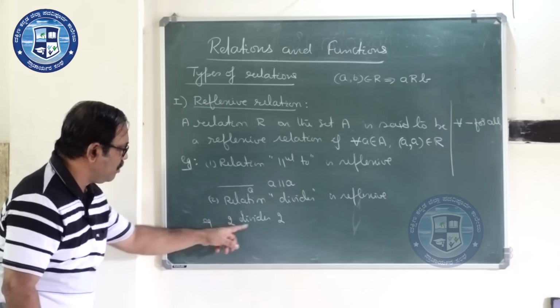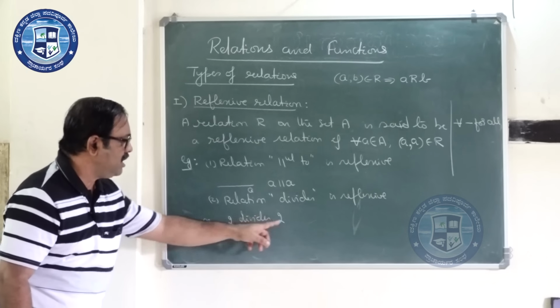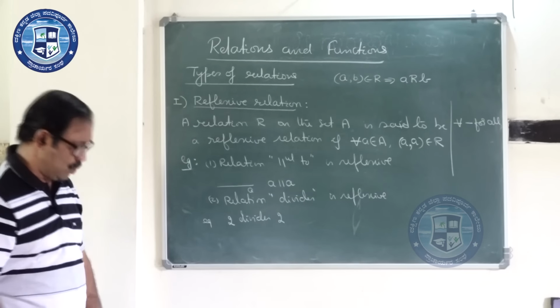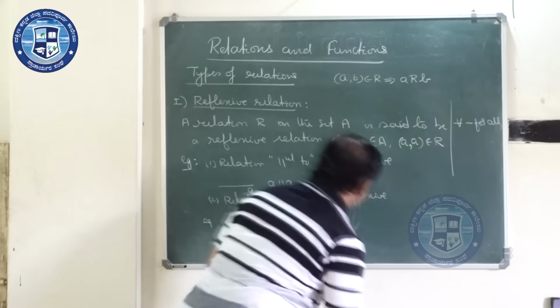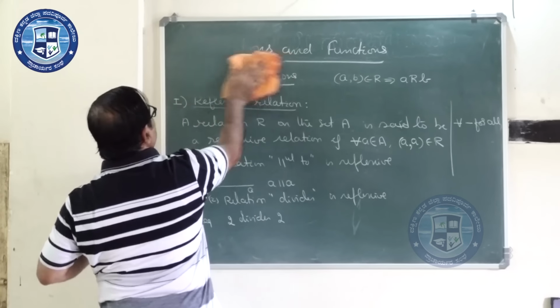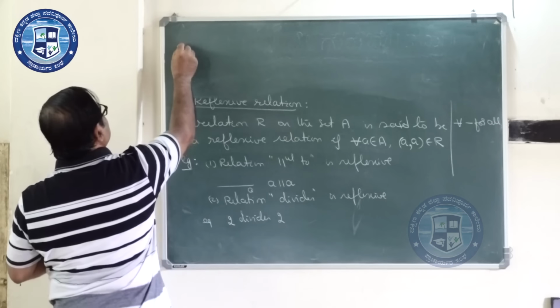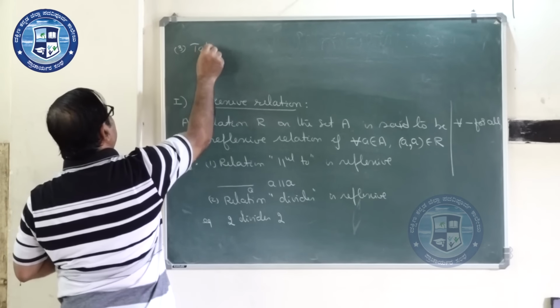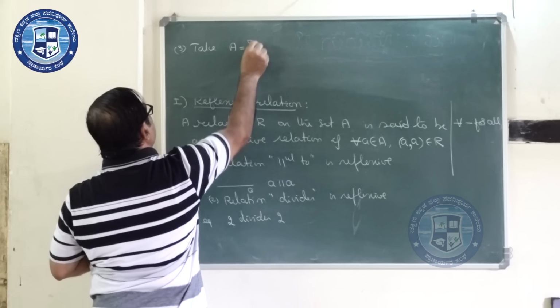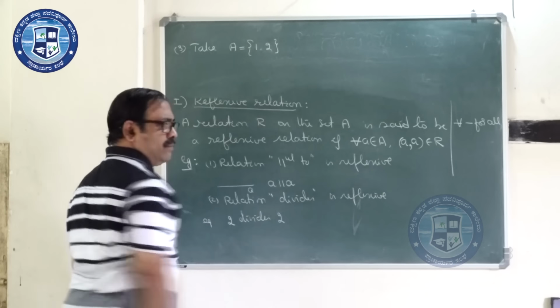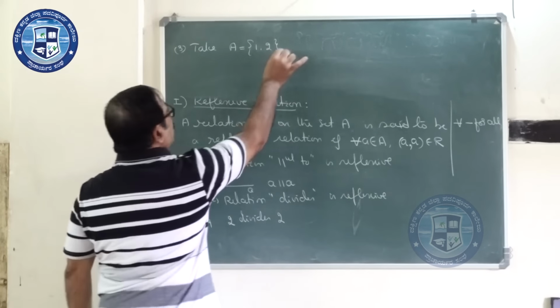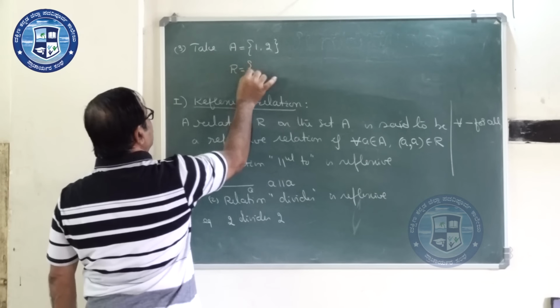So, here 2 divides 2. So, that means 2 is related to 2. We can give some examples with respect to this set theory. See, let us take a set A, let it be 1, 2,